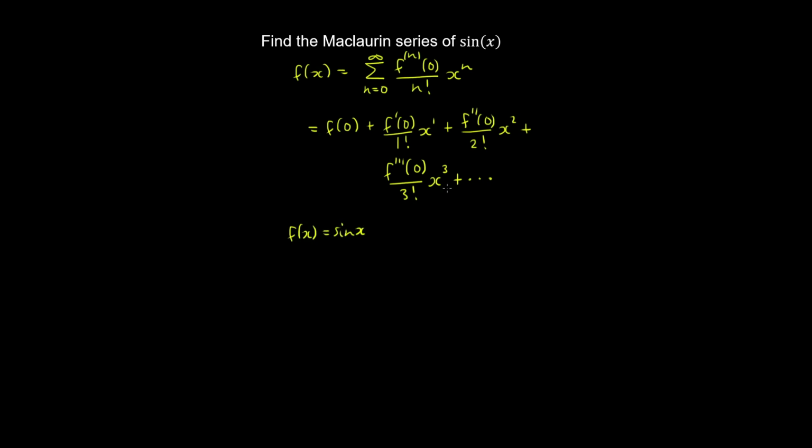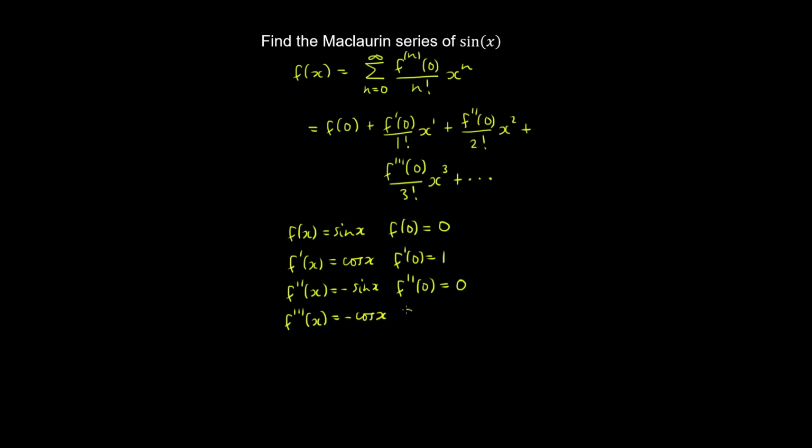And we differentiate this a bunch of times, up to the third derivative. And evaluating these at x equals a equals 0, and these derivatives just keep cycling. So now we can substitute back into the function,